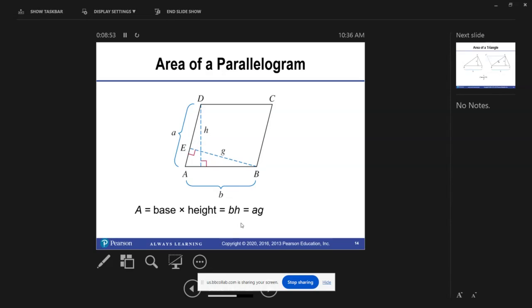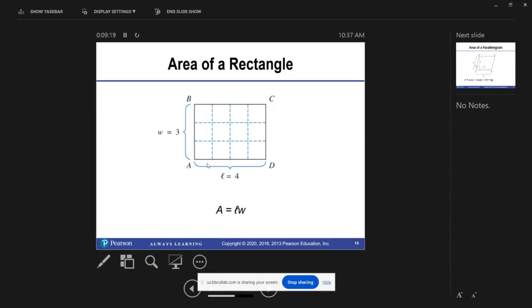Now, for the area of a parallelogram, you multiply base times height. Now, what you have to be careful about here is that does not mean that you're multiplying two sides together like we did for the rectangle. Your base can be one side, but the height has to be an altitude, so make sure it's making a right angle. If you have a parallelogram that happens to be a rectangle, you're okay. You could just multiply the 3 and the 4 because